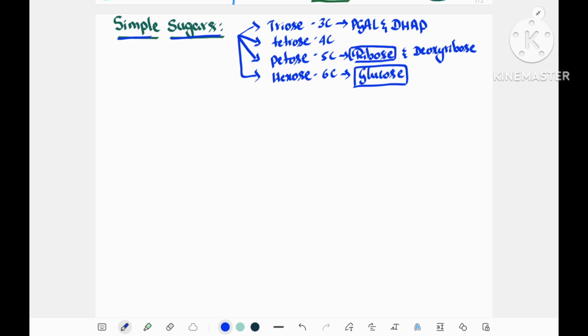The structure of ribose sugar and glucose are given in page number 107. You can refer in NCERT textbook and it goes like this. The glucose structure is, as it is a 6 carbon compound, the structure goes like this: OH, CH2, OH, here OH, here OH and here OH, and remaining all are H, that is understood. And the structure of ribose sugar is